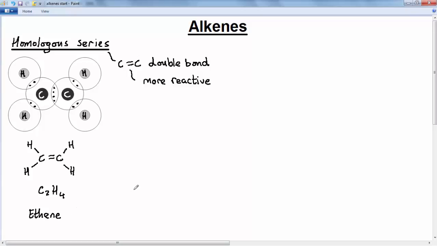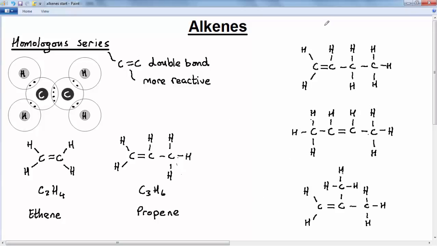The next member in the series is C3H6, which is propene, and the next member in the series has four carbons, and just like in the alkanes with the case of butane, butene has what we call isomers. Just to remind ourselves, an isomer is a compound with the same chemical formula but with a different structural formula. So we have various possibilities for the four carbon setup, and the first one is with the double bond on the first carbon atom, and that is known as